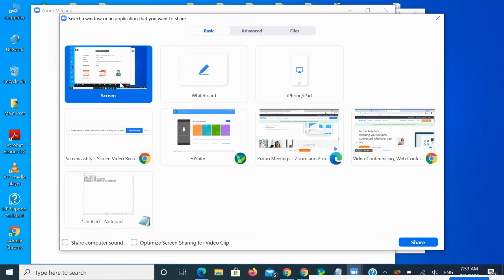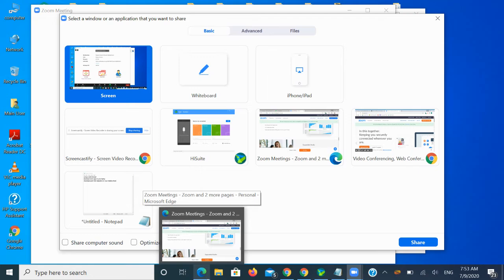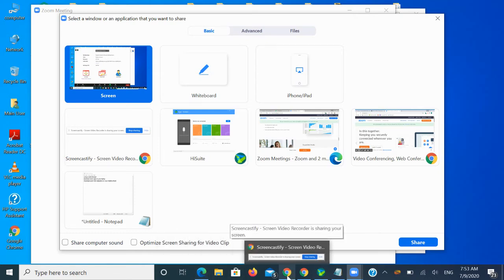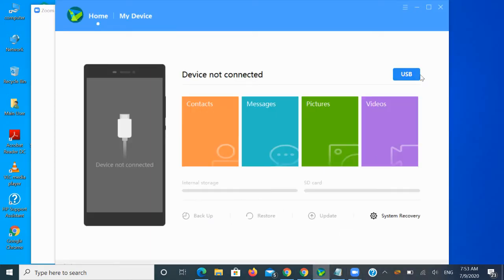Do you want to share the screen that you are using, meaning the Zoom app, or, see, right now I have different screens or different applications working on my desktop, on my PC. One is this Edge browser, another is the browser having Chrome, another is one more app, this Huawei connectivity app.